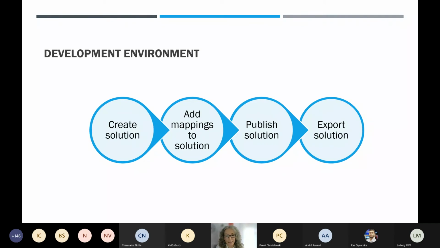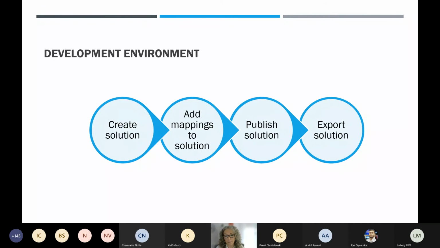I have also mentioned a couple of times with dual write, we have to move between F&O and the Power Platform. It's actually a mixture. While we've been doing all our customizations in F&O, when it comes to the ALM, we have to use the Power Platform. So in order to extract these customizations from our development environment, we need to use a Power Platform